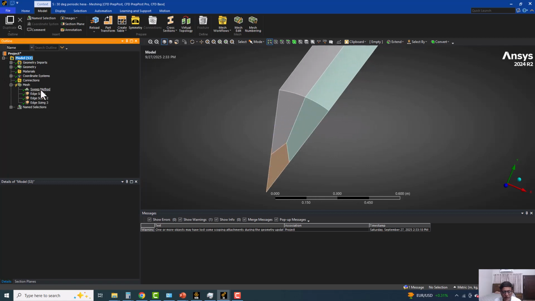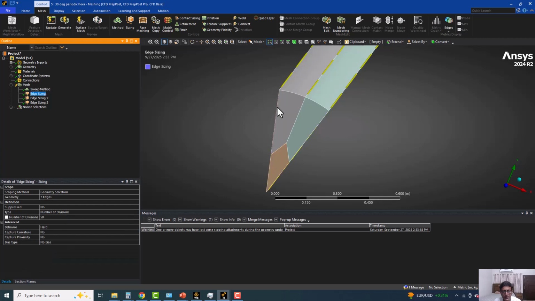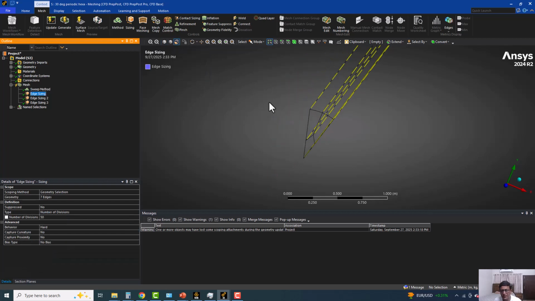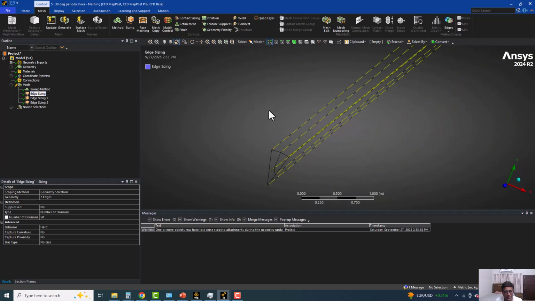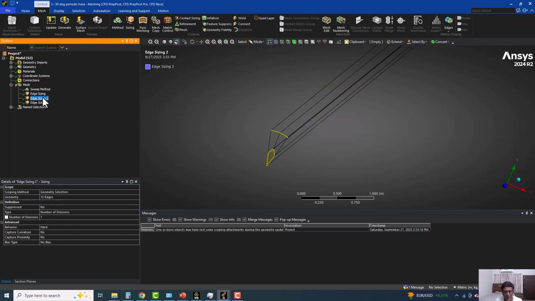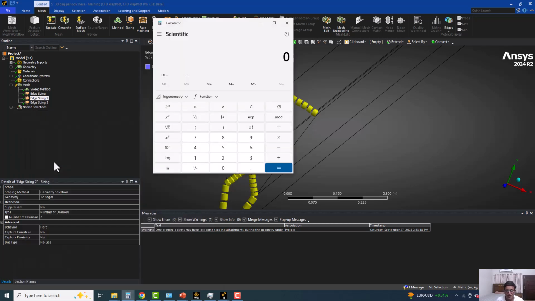What I did is that I changed the method to the sweep meshing, because I copied the tetra meshing method container. The edge sizing I put is similar to the 3D case, 50 cells along the length. The behavior is hard, and then edge sizing second. This is important. Here I put the number of cells 7, according to the sector size, because in the 360 degrees we have the 40 cells. So if I divide the 360 degrees by the 40,